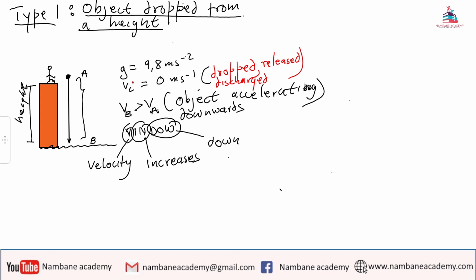Can I apply the same when the object was going up? Of course, it should be now the other way around. When we do type 2, we will understand why we need to have the window as our analogy. The window is just for velocity increases as the object moves down. So this is going to assist us when we even draw the graphs of motion. Now, with this information being said,